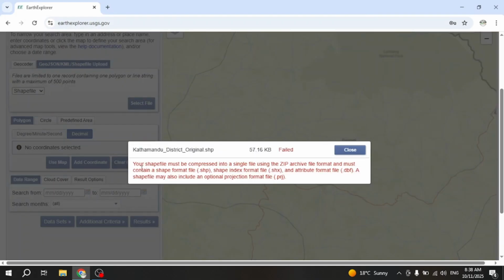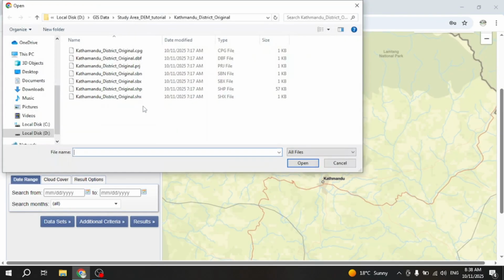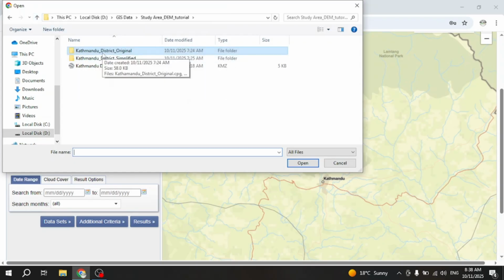What it says is that your shapefile must be compressed into a zip file format and must contain a shapefile format, SHP, SHX, DBF, and also include a PRJ. I'll close for now and I'll see my options again. We have SHP, SHX, DBF, and PRJ, all the associated files. But it says our files need to be in a compressed version containing at least 4 of these files. Okay, I will go back, and what I will do is I'll just click on it